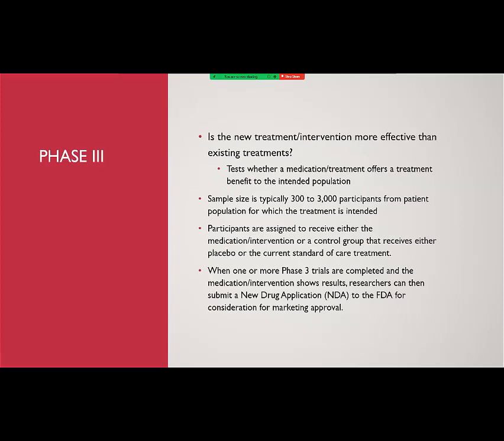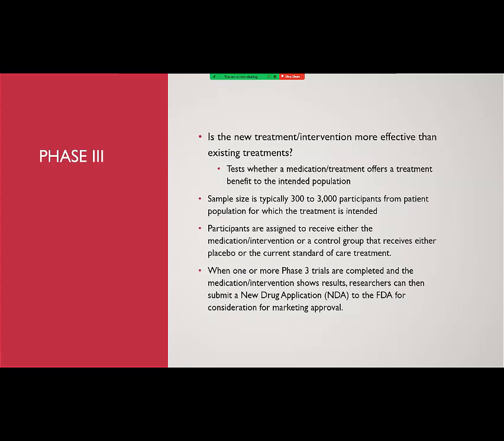Phase 3 is when you do the comparison of the new intervention to an existing treatment or standard of care option. And you want to look at whether or not this offers a treatment benefit to the intended population, either at the same level as the standard of care or existing medication, or is it better? This is a much larger sample size, can be up to thousands of participants,